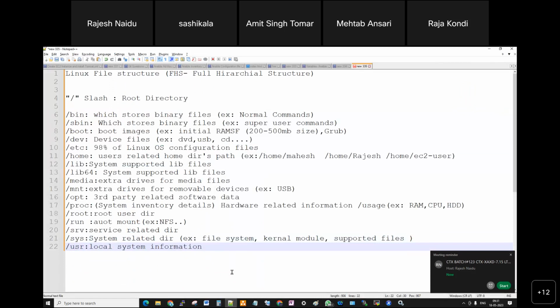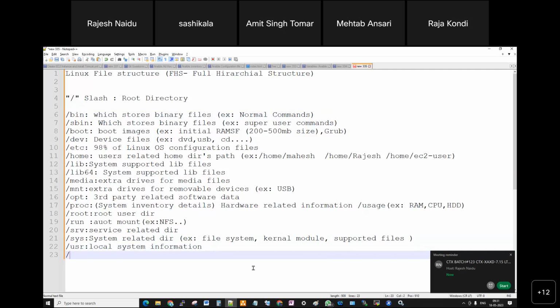Basically, in older versions of Linux, bin and sbin were stored in the usr directory only, but now they have been separated and show directly on the root directory. Previously, bin and sbin were stored in the usr directory only. Now they have been removed from usr and kept as separate bin and sbin.